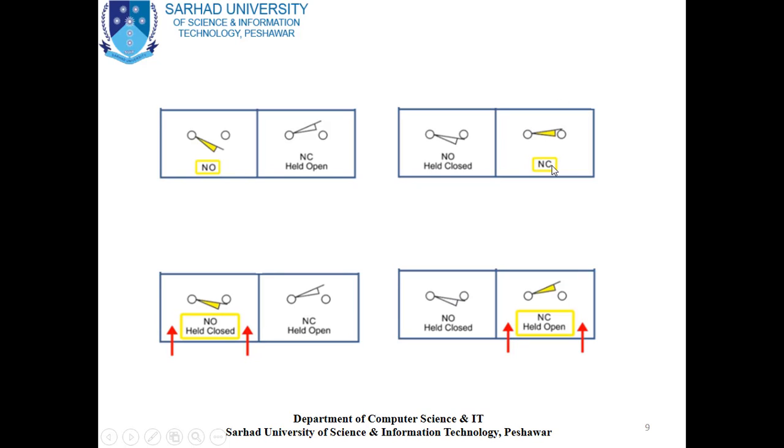And here you can see that the limit switch is in normally closed position. If an external force comes in this direction or an object in the machine comes towards it, the normally closed limit switch will become open. Here you can see the open condition of the limit switch. Switching to the next slide.